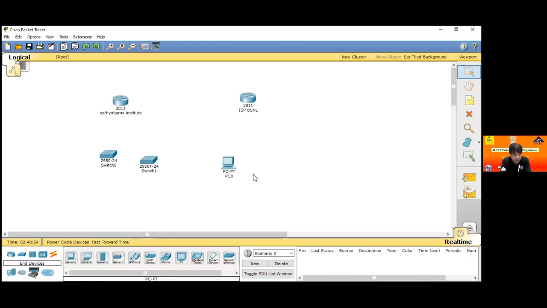Okay, sir. You need at least 3 or 4 computers and laptops. This is PC 0. Another one, more PC or laptop. You are completely free, as per your requirement, you can select. And these computers you can put in a proper manner. So just put 2 computers below switch 0.